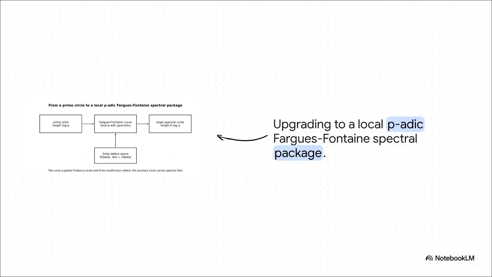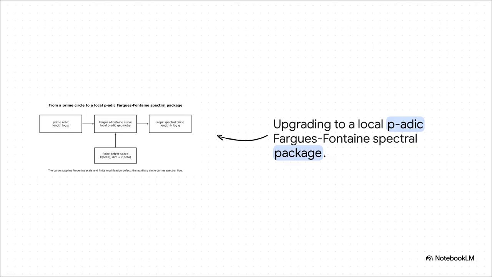Now, a simple real circle of length log p, that's really just an analytic proxy. It's a stand-in. To get some real mathematical horsepower, Ye upgrades this basic prime orbit to a Fargues-Fontaine slope clock. I know it's a bit of a mouthful, but this utilizes local p-adic geometry, which actually contains a much richer structure. We're talking things like residue degrees, slopes, and finite torsion defects. The classical prime orbit gets replaced by a Frobenius normalized slope circle, which ultimately gives the entire mathematical framework an